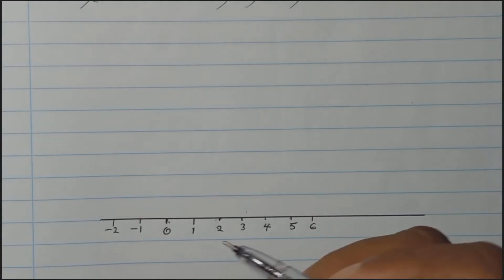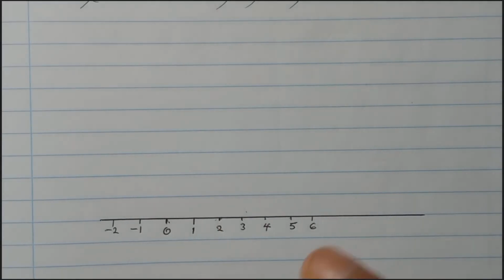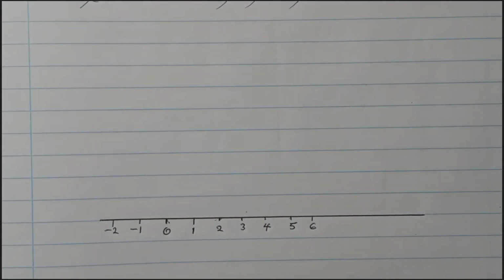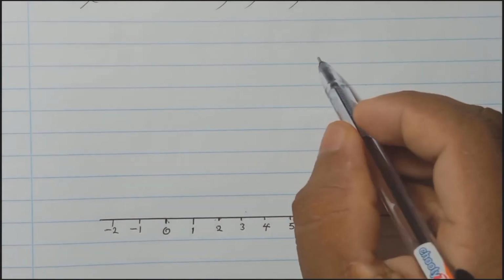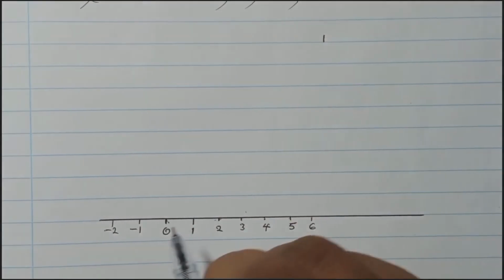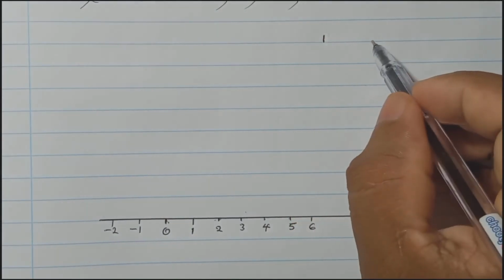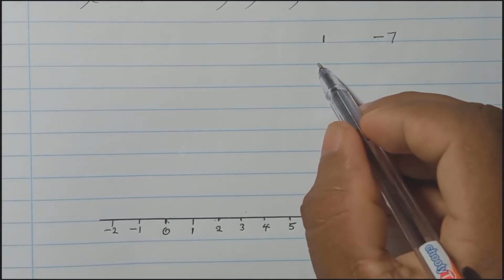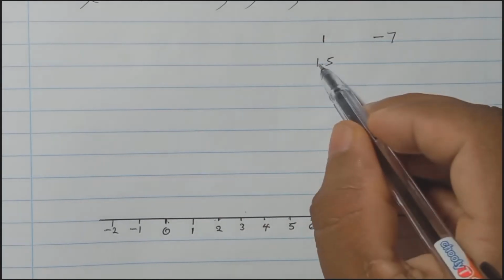Now another thing you need to focus on here, actually this will be needed for some other questions also. What is the meaning of integer? I will tell you a rough idea here. Integer normally means like a whole number, but it can be even 0 and minus, I mean negative numbers also. For example, 1 is an integer and minus 7 is also an integer. But 1.5 is not an integer,